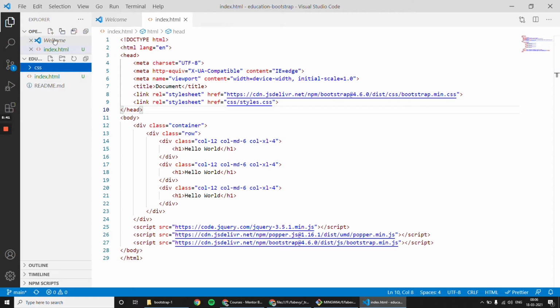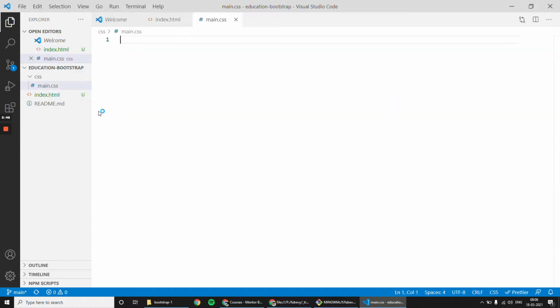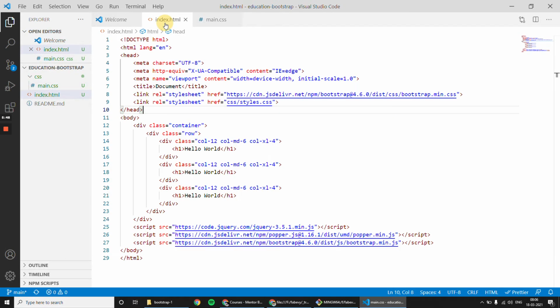Instead of style, I will give a name called main.css because we will have multiple CSS files for this project. Since many people are going to work together, we will create different style sheets during development and then we will merge them together to avoid conflicts.